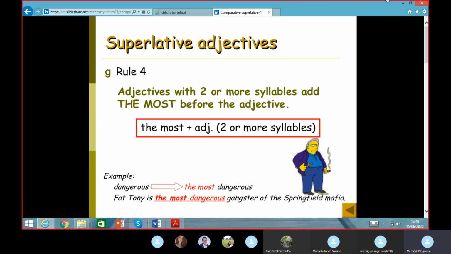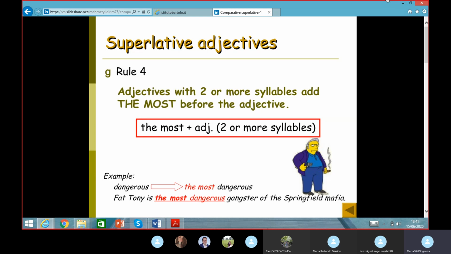Rule 3, when the adjective has 2 or more syllables, we add the most. Antes añadíamos more y luego poníamos el adjetivo tal cual en el comparativo con las palabras largas, ¿vale? En el superlativo no pongo more, pongo the, y luego os acordáis que añadíamos est, como lo que hemos visto en las diapositivas anteriores. Pues aquí ese st está ya incluido en el most, ¿vale? El more era para los comparativos y ahora pongo the most y dejo el adjetivo tal cual, ¿ok?